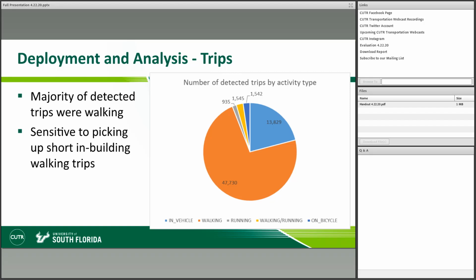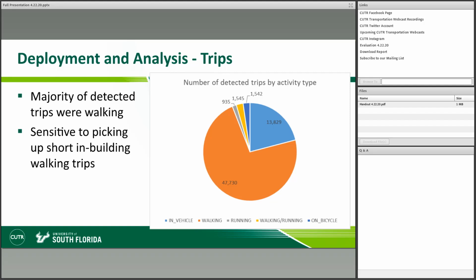The reason behind this, as we found when testing the application, is that it's very sensitive. If you stand up and walk around the building and then walk back and sit back down at your desk, it will actually capture those activity transitions of you standing up, walking, and then sitting back down.